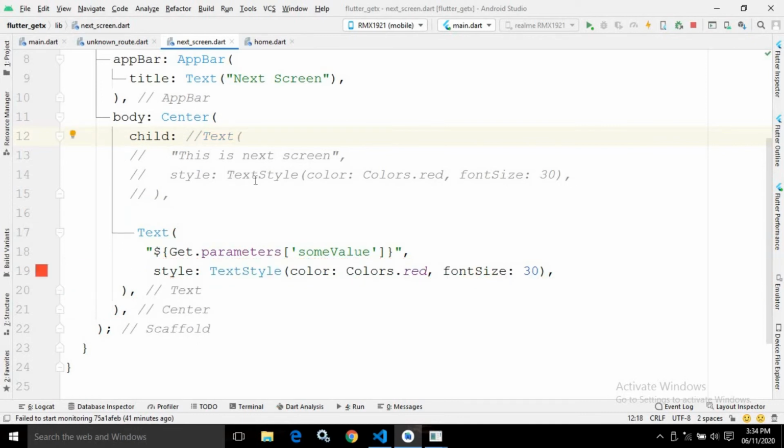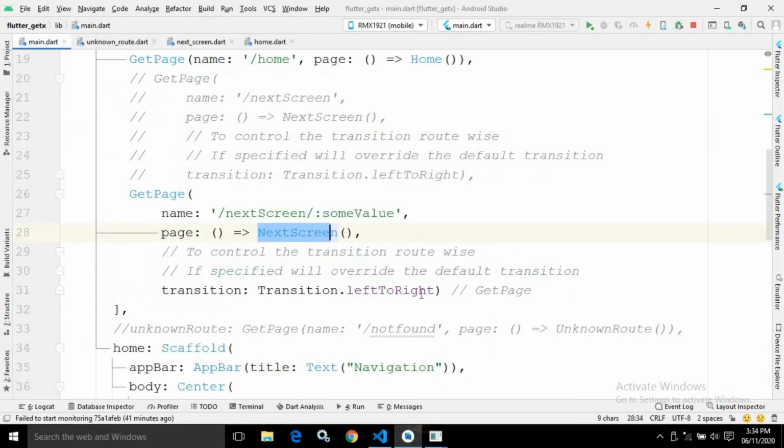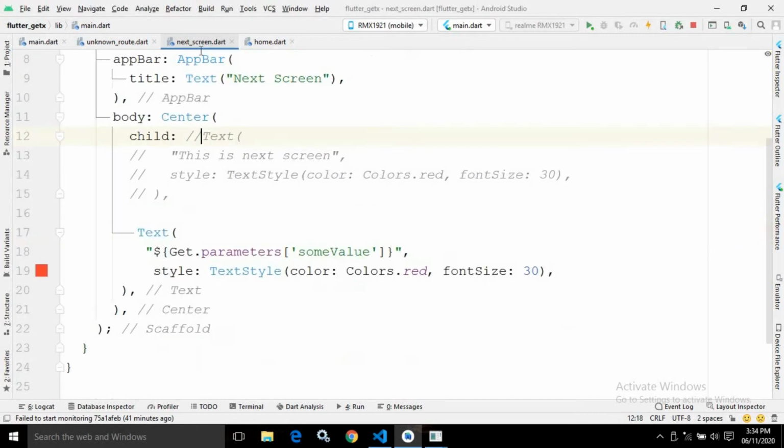As you can see, in the next screen, instead of this text widget, I am using this text. To retrieve the parameter, again we are using get.parameters. After that, the parameter name. Now what was the parameter name? The parameter name was some value, right? And in the next screen you can see we are retrieving the value from that parameter, that is some value.